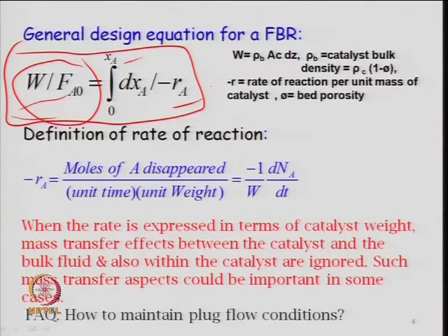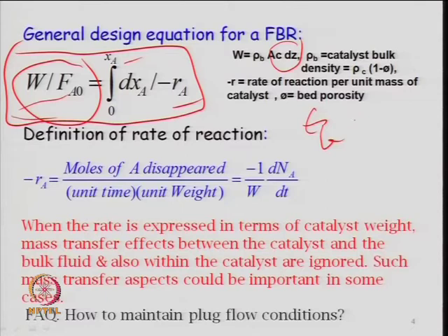So, for a given kinetics, this is defined like this, and I have already defined here W, which is the mass of the catalyst, will depend on the area of the reactor times delta Z, right, and this is here defined in terms of the bulk density of the catalyst, which is based on rho c into 1 minus phi, right, and rate of reaction is defined based on per unit mass of the catalyst. So, bed porosity is generally represented by phi, and sometimes we represent it by epsilon b also, right, that is the bed density. Epsilon p is the pellet porosity, epsilon b is bed porosity, right.